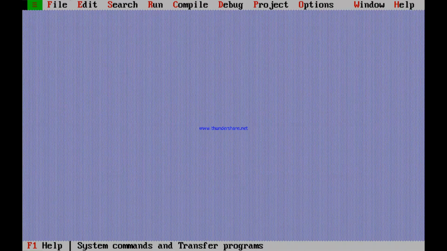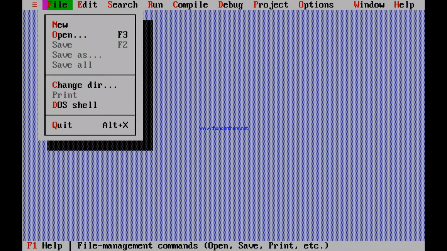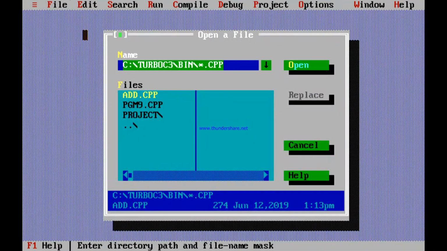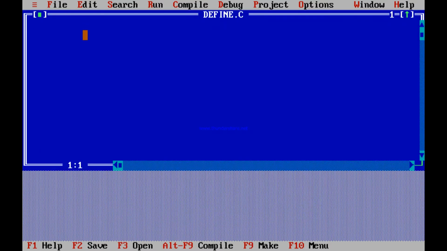Now this is what your screen will look like. Now go to File, open a new project and name it as define.c. Give the extension of your file as .c, as it is a C program. So this blue screen will appear where you can write your code.